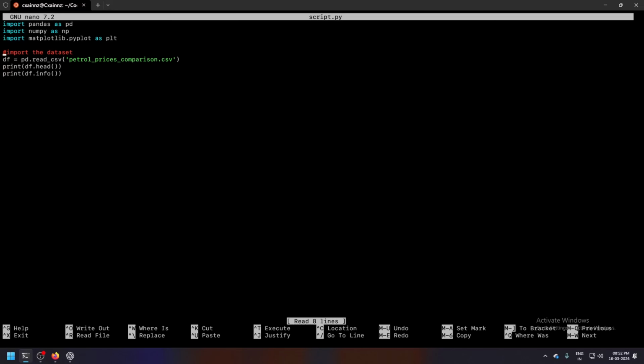And this is a comment on how I import the data set. I import a data set, df equals pd.read_csv, and in particular I want the petrol price comparison.csv, which is a file I downloaded in front of you. Then print df.head and print df.info.